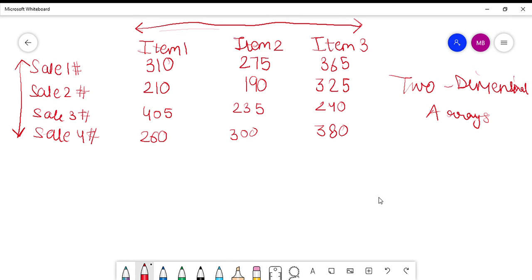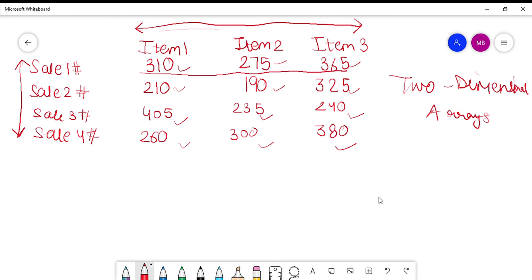Now we can see that in total the table consists of 12 values, right? 1, 2, 3, 4, 5, 6, 7, 8, 9, 10, 11, 12. So in total we have 12 values in the table, and there are 3 values in each line. Line number 1, which we call row 1, has 3 values.